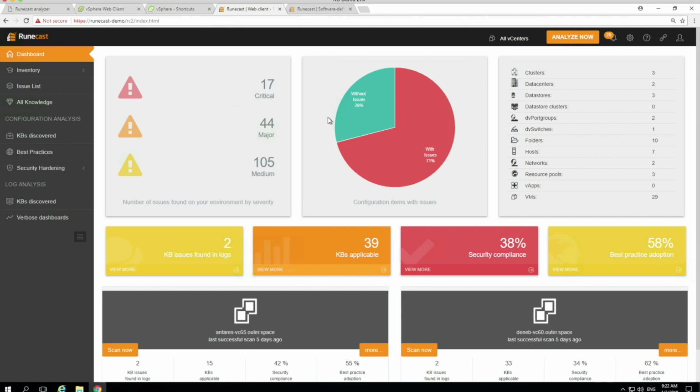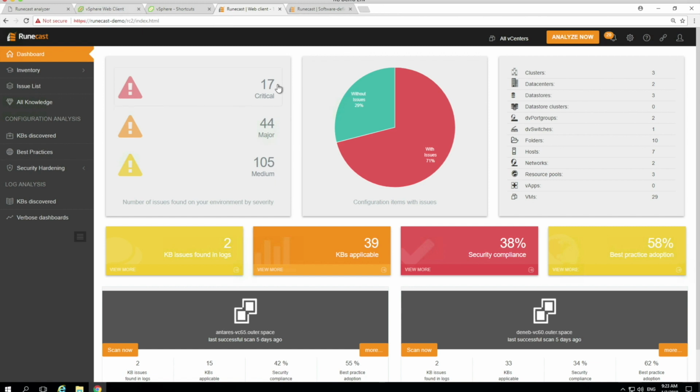So this is the landing pad when you log into the Runecast Appliance from any browser. It's a standard looking dashboard, but what it really does is give you Runecast's appraisal of your data center estate in terms of some real key metrics, which are particularly important from a management operations perspective. So you can see from here, 17 critical issues identified, 43 major, 104 medium.